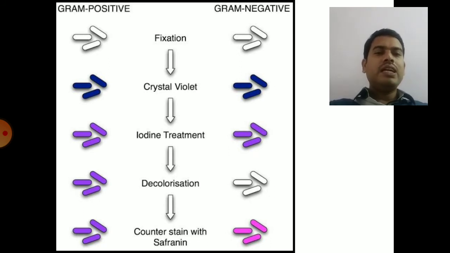Here in this diagram, rod shaped bacteria are shown. You can identify the morphology also, whether it is cocci, spirillum, etc., with the help of this staining method. So this is the primary identification of the bacterial species, whether it belongs to gram positive or gram negative bacteria, and also the shape of the bacteria. So that is gram staining.